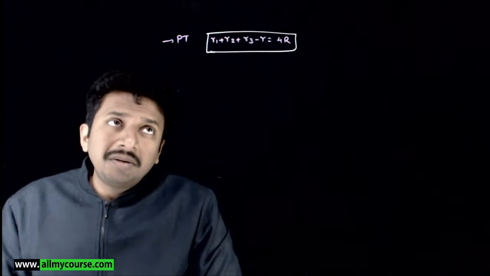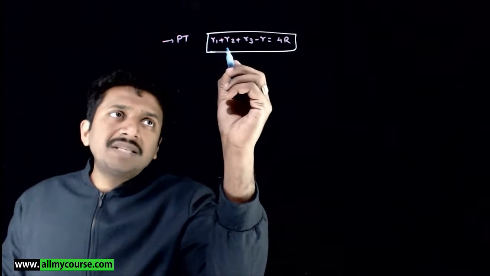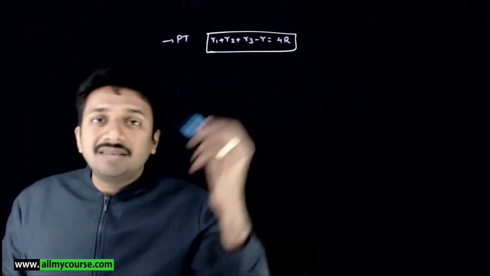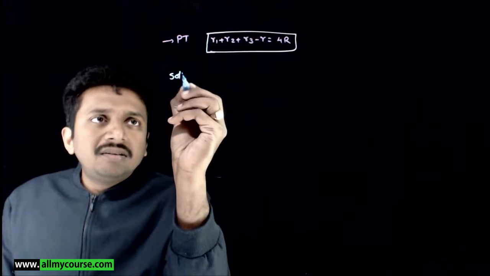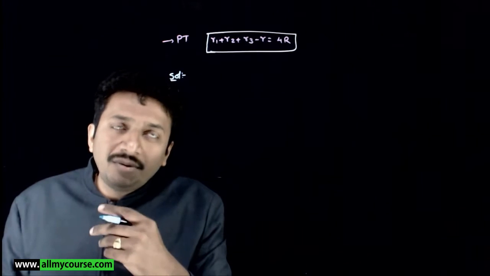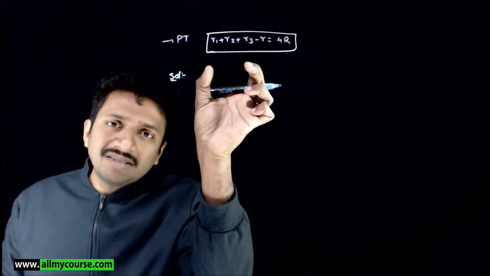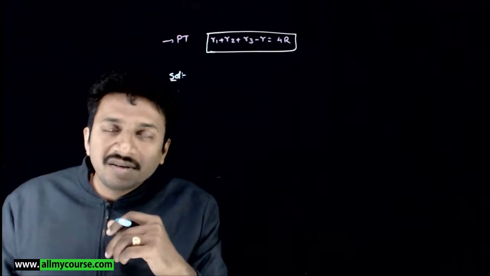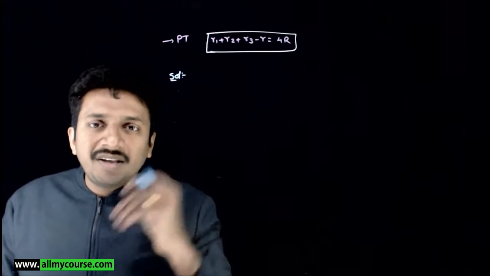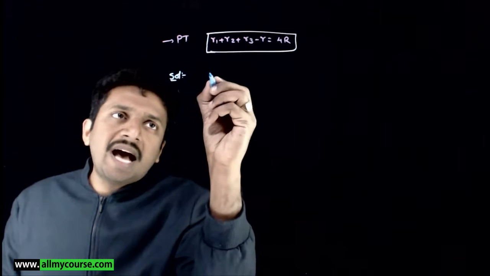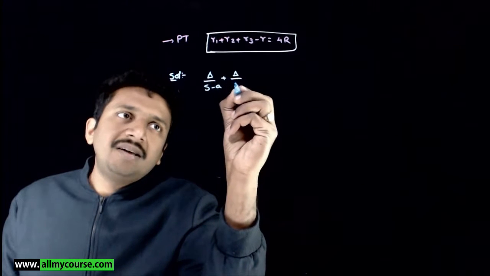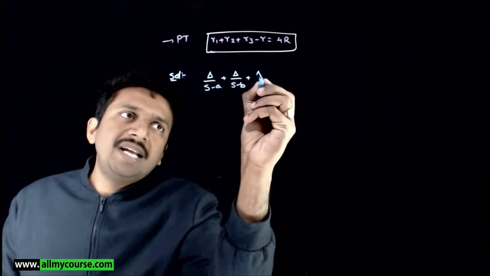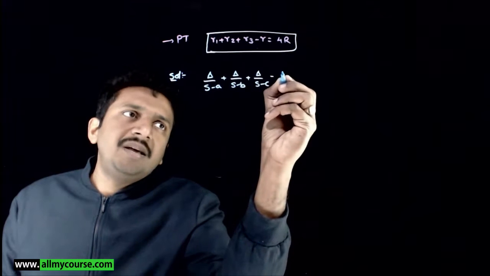So in this question, you're asked to prove that R1 plus R2 plus R3 minus R is equal to 4 times capital R. So how do we try to do this? Let us start with our LHS and see whether it leads to RHS. So I'll substitute the basic formulas for these terms. R1 is delta by S minus A plus delta by S minus B plus delta by S minus C minus